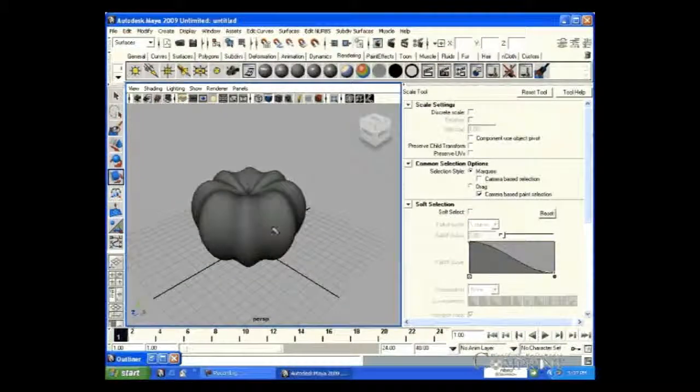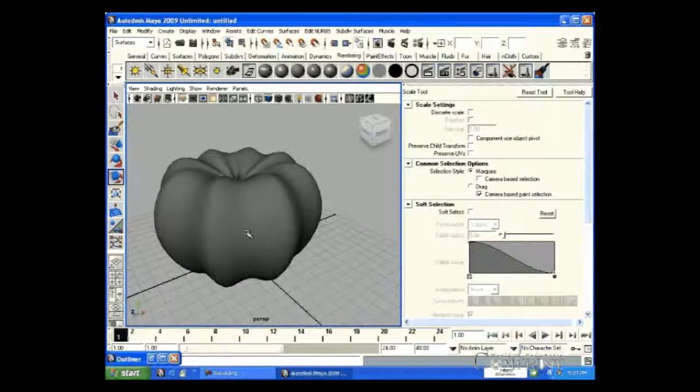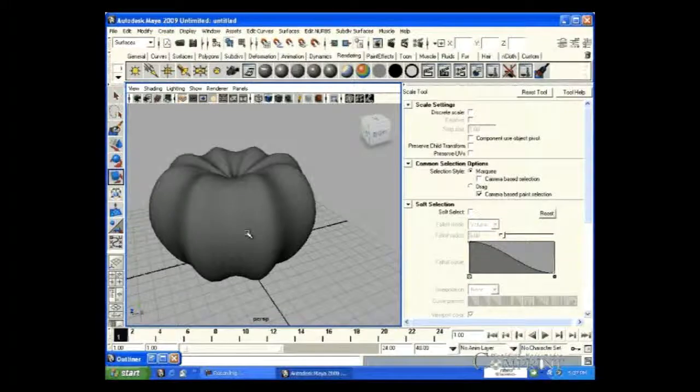In the NURBS modeling, smooth surfaced objects like fruits, vegetables can be created. In the next lesson, we will learn how to add loft to the curves.